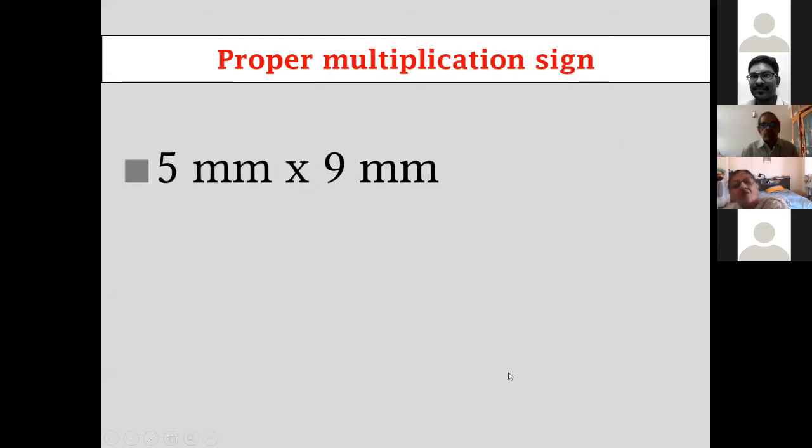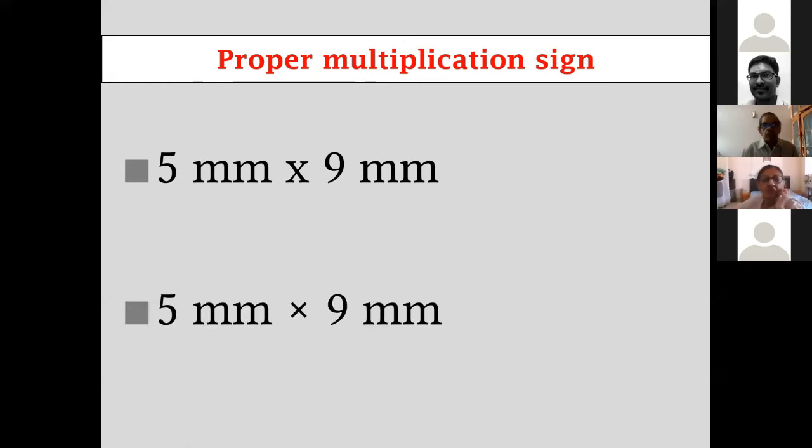Likewise, multiplication sign. Now, this is not a multiplication sign. You cannot use the letter X, whether it's capital or lowercase, as a multiplication sign. There is a proper multiplication sign. As you could see the difference, there are no serifs, and the 2 arms cross at their geometric center. Whereas with most letters, they will cross at a point slightly above the geometric center. So you must use the proper multiplication sign.